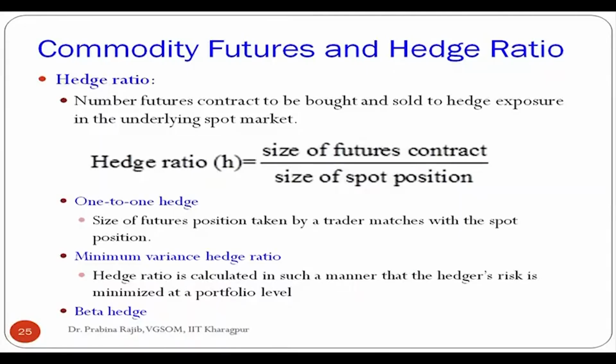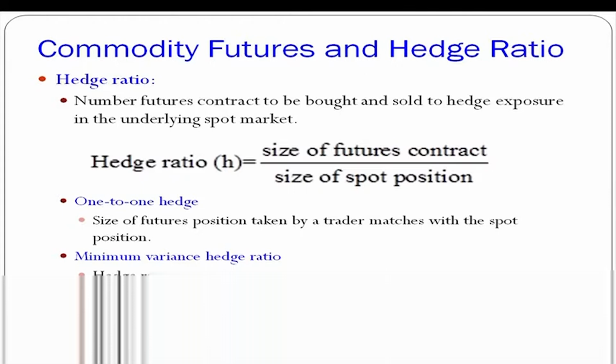If it is a ratio, it has to have a numerator and a denominator. And what should be there in the denominator? Okay, let me give the definition. The hedge ratio is a ratio which is calculated by the number of futures contracts